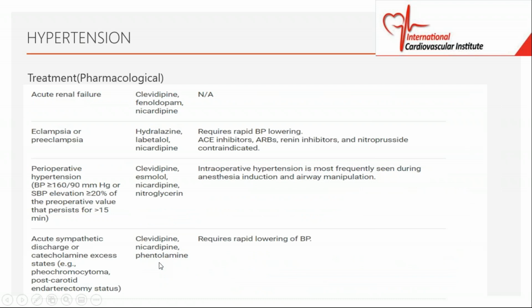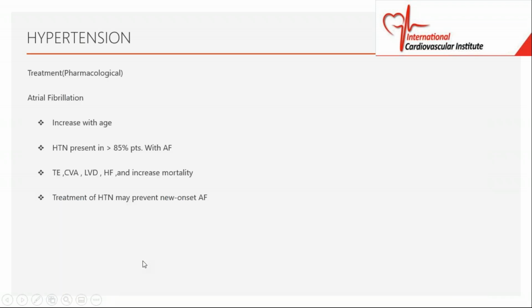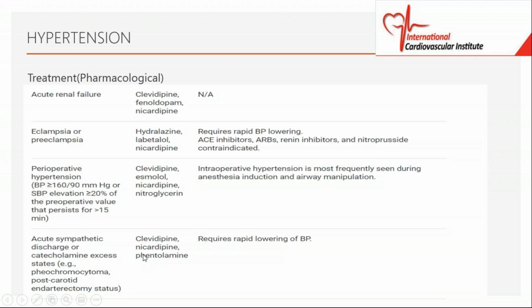So, all right, for preeclampsia or eclampsia, again, labetalol, you can use hydralazine, you can use nicardipine, but labetalol is probably the best. Stay away from ACE and ARBs. You don't want to use any of those. If the patient has any postoperative hypertension after the operation, blood pressure goes through the roof, nitroglycerin is good. Use nicardipine. Pheochromocytoma, just remember P, phentolamine, PNP,